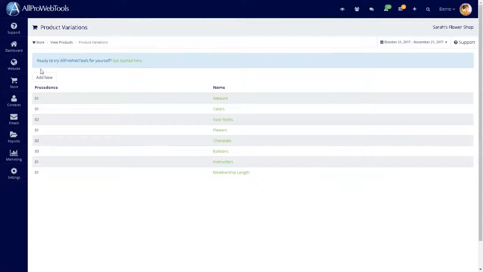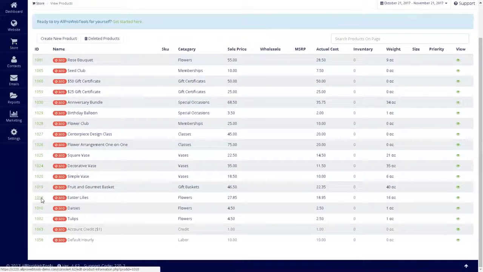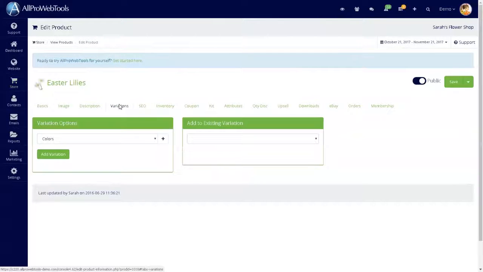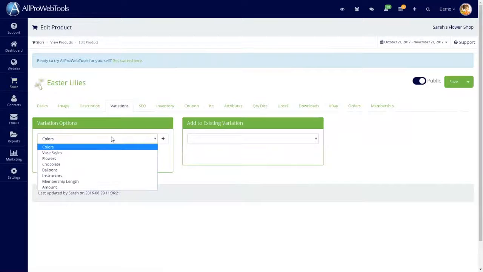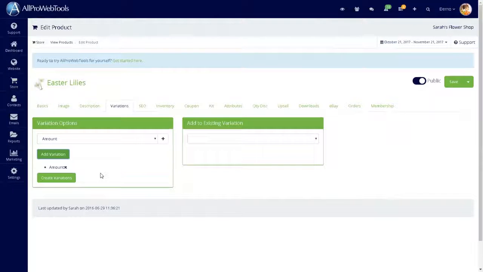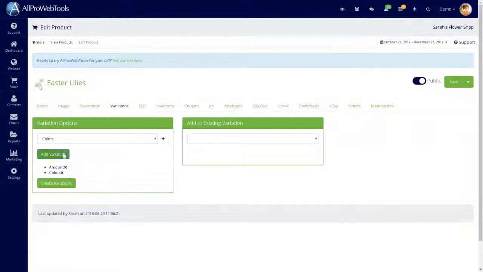So now I'm going to go back to Store and View Products so that I can bring up my Easter lilies. And under the Variations tab, I'm going to go to my variation options and select the amount as my option set. Now I'm going to add this variation option set. And this is the chance where I could go and select another option. So if I wanted customers to also be able to select a color, I could also add a color option